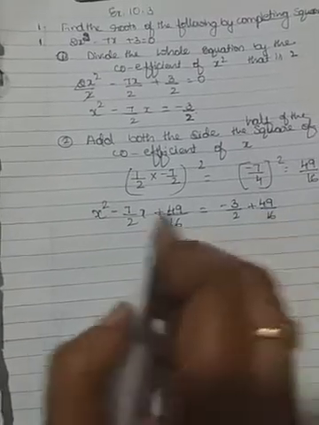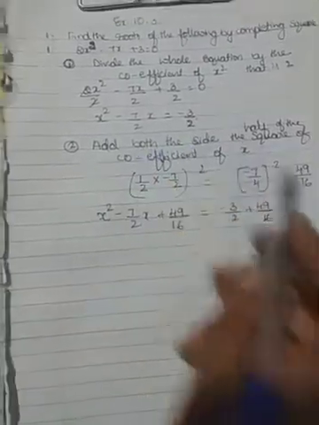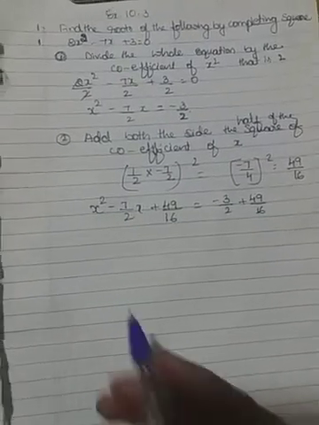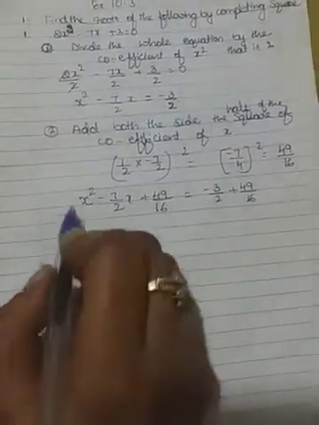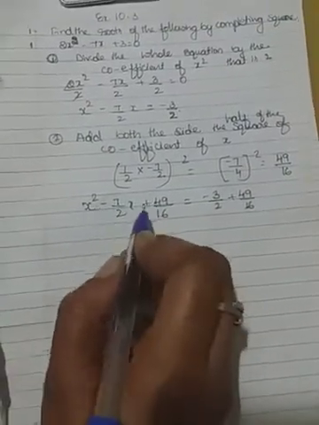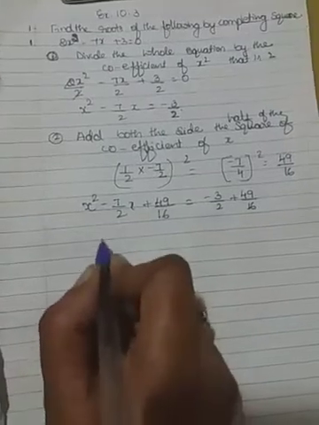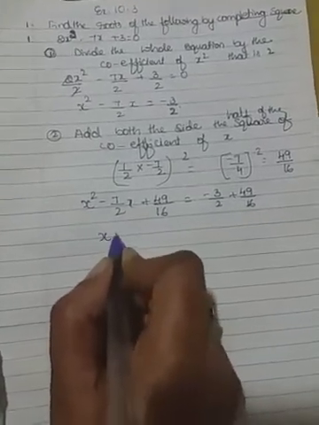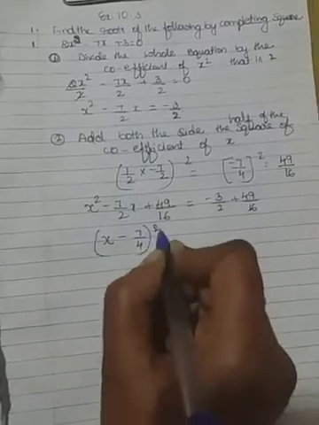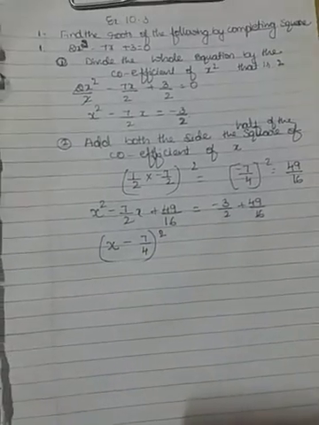This is the second step. Add to both sides half of the square of the coefficient of x. Hope you will understand this. So this we can write using the (a minus b) whole square formula, that is (x minus 7 by 4) whole square. Okay, the (a minus b) whole square formula.